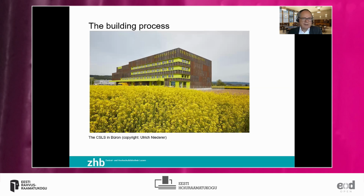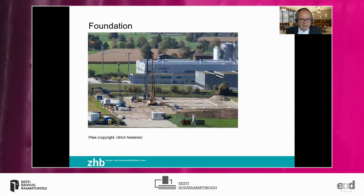I can show you now the building process of this building. The village of Büron lies on the banks of a small creek in an Ice Age alluvial valley with very unstable ground. So we therefore had to bring down over 250 piles of 25 meters each to form a stable foundation. 60 of these piles are equipped with heat exchangers to extract geothermal heat for the heating, respectively cooling of